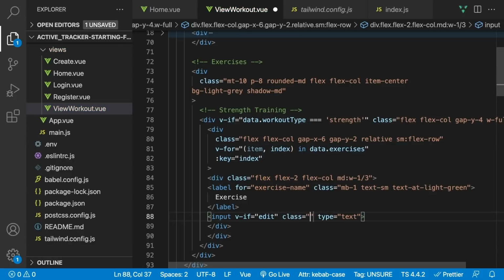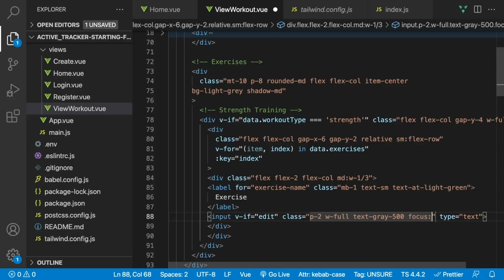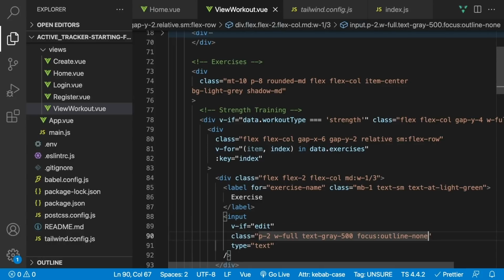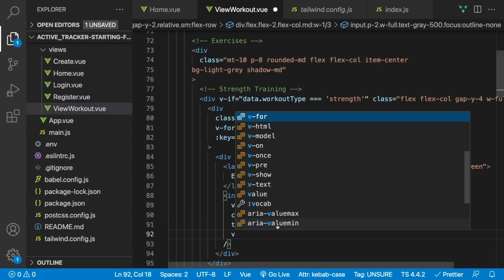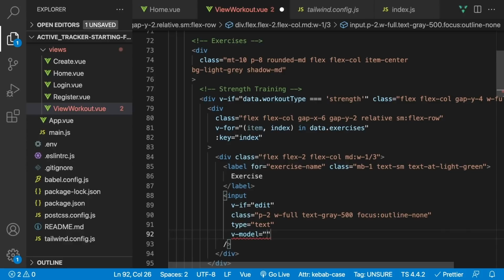Then we'll apply some classes, which will be padding around all sides of 2. We're going to say width full. We're going to apply the text color of gray-500, and we're going to apply a focus state here and remove the outline, so we'll say outline to none. Then to populate the current exercise name here and also be able to change it, we need to do a v-model here for some two-way binding, and we're going to say